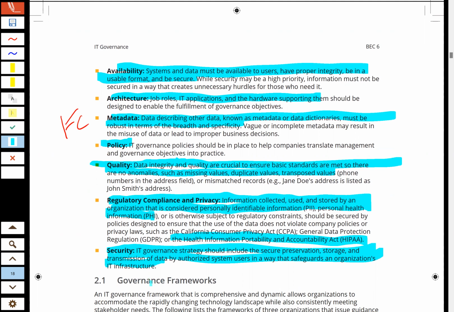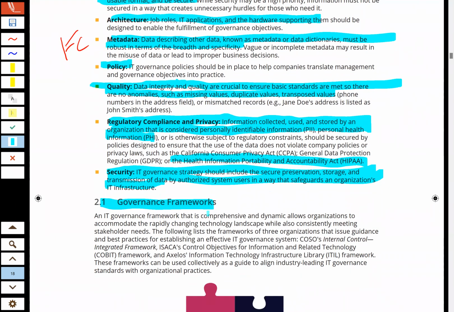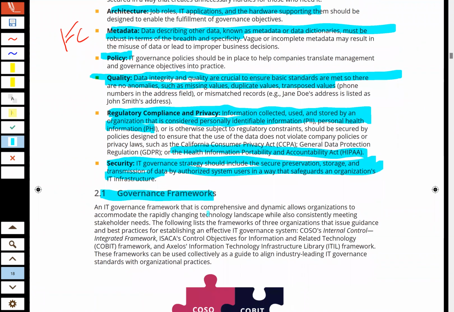Now, when we look at governance frameworks, there are a few organizations that have provided us with a framework. We have understood the COSO internal control framework from earlier classes. If you've been taking the auditing course with me, you've heard COSO talked about there. And of course, we can apply that to internal control.